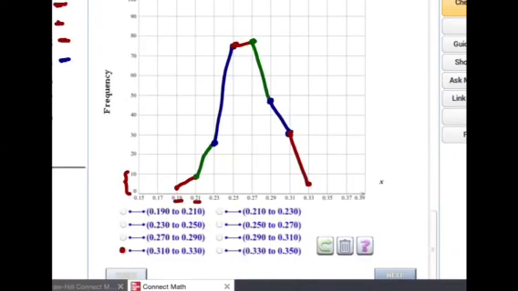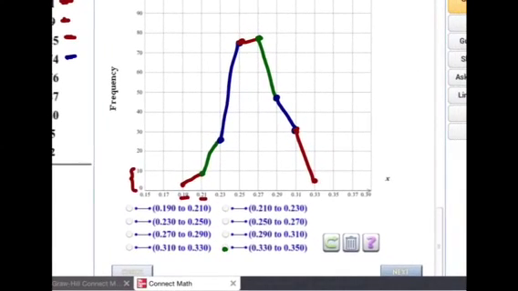And then finally 0.33 to 0.35, and we're going from 5 to 2. So just do your best to get close. As long as you fall within the proper grid lines, then you should be okay. So you just want to be as close as you can, but it's not going to be possible to be